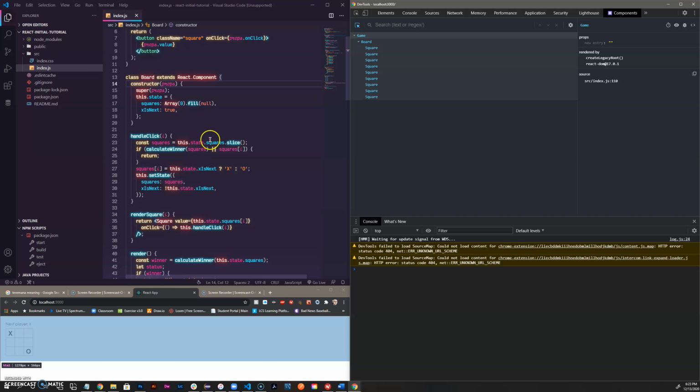creates a slice into the array, checks to see if there's a winner or if all the squares are full. If it is, then it's going to go ahead and ignore the click. If there is no winner and there are squares available to play, then it'll go ahead and allow you to run that square, and it will go ahead and check this.state.isNext. It'll check it and then determine whether an X or an O goes in place,